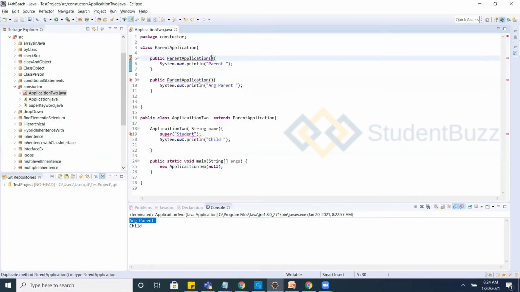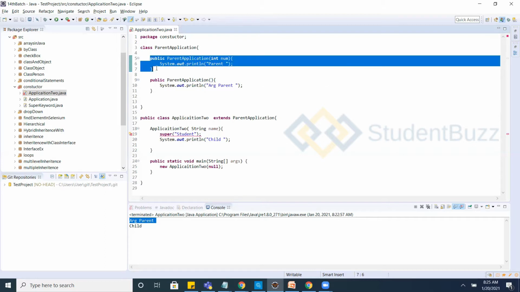Overloading the constructor always requires the parameters you pass to be different. In a sense, the constructor signature should be different. Then only it will overload. Let's say int num. This constructor has a parameter, it's a parameterized constructor, not a non-argument one. So the method name should be the same, the signature should be different.